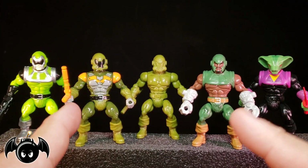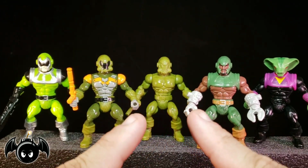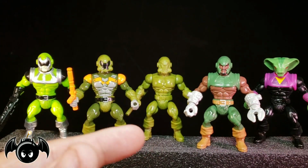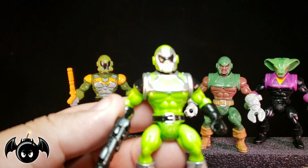Alright, so let's check out the new Warlords of Wor. Always super stoked to get these toys in my collection, and I have the entire wave here, so let's see what we got because we have a lot of special things going on with this particular set. So I'm going to start off over here with this fella. This is the